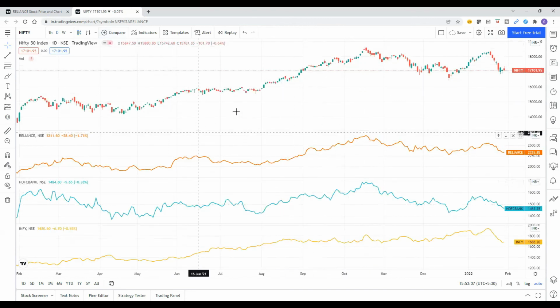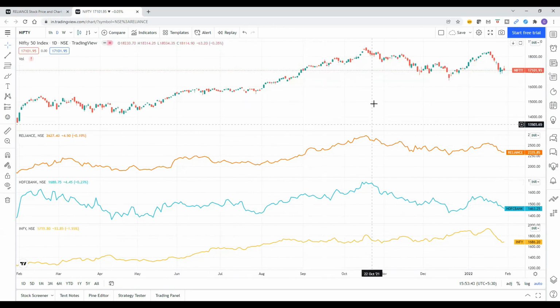So while watching the Nifty index intraday, intraday traders, how can they look into that? Along with the index, one can also check how Reliance is performing. If Reliance is going down, there are chances that the index would go down. When Reliance and HDFC Bank are together going down, there are more chances that the Nifty index will go down, because HDFC Bank and Reliance Industries take high weightage in the index. So like that, we can compare, keep the chart open and explore all those things.